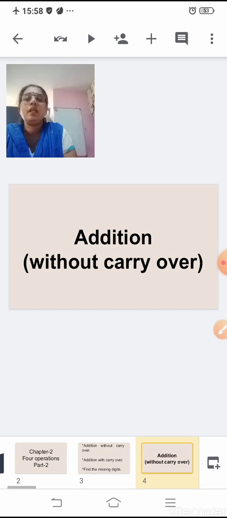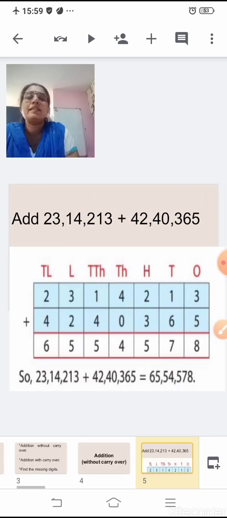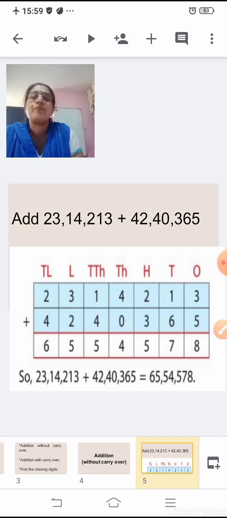Yes, so let us start with the first topic, that is addition without carryover. Now you all know how to add numbers, how to write the numbers and then add them. It is the same way here. The first sum is the addition of 7 digit numbers. Here the number is 23 lakh 14,213 plus 42 lakh